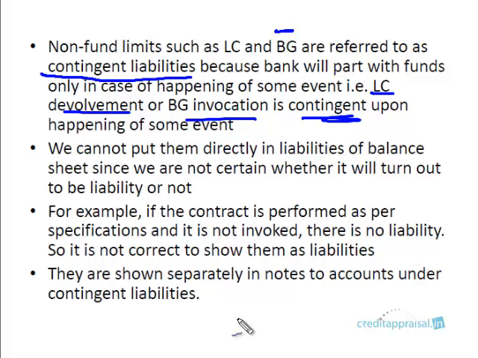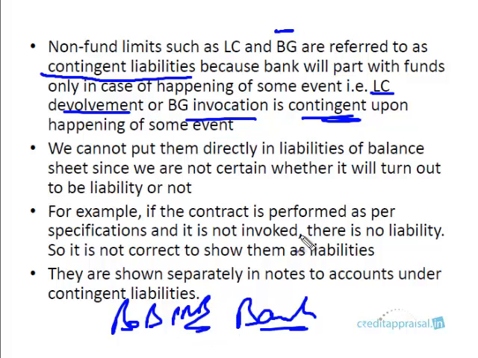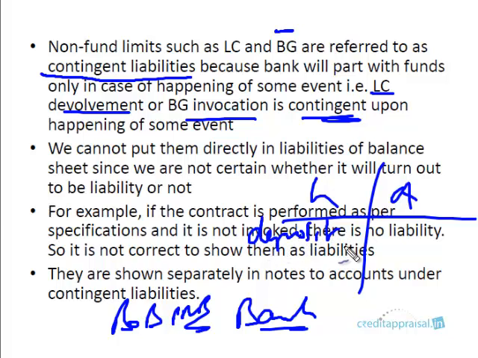And in the balance sheet, I'm speaking of the bank balance sheet, not the customer balance sheet, okay? Say for example, this is Bank of Baroda or PNB. In the bank balance sheet, we don't show them under liability, right? There is a separate place in the notes to account where we separately show something called contingent liability, okay? What is contingent liability? For a bank, we have balance sheet liabilities and assets. What are the liabilities for a bank? Your deposits, as savings deposits, current deposits, term deposits. What is the major type of asset? Loans and advances, okay? All the advance parties will be assets.